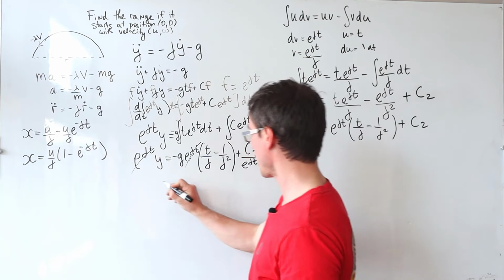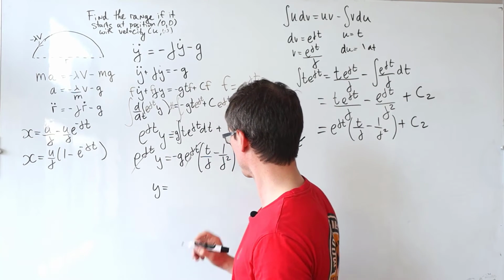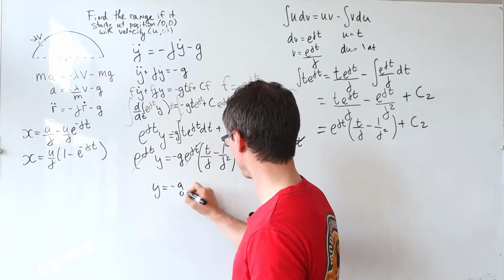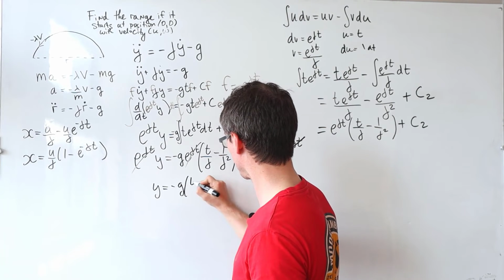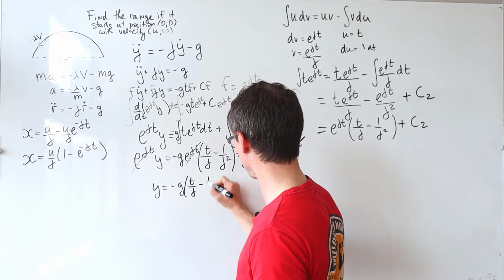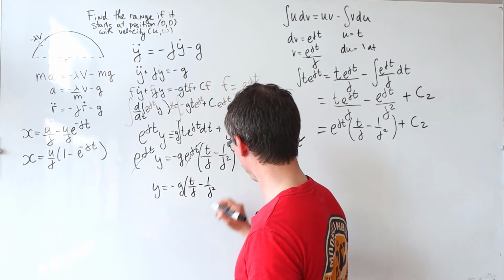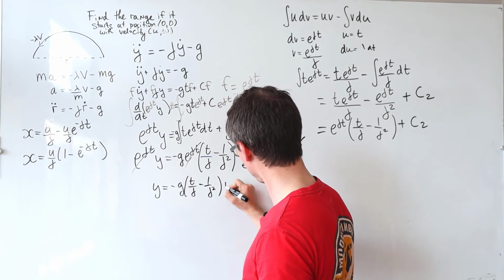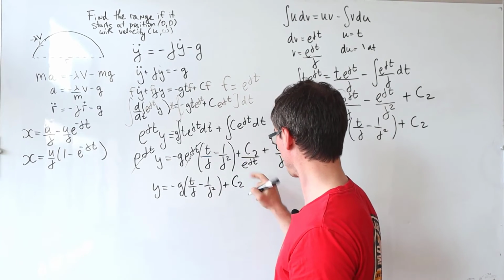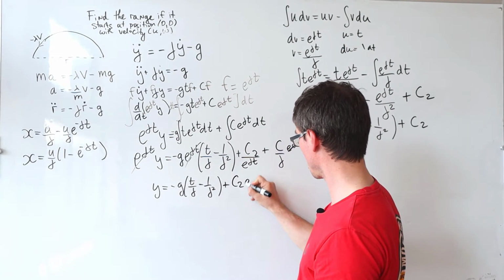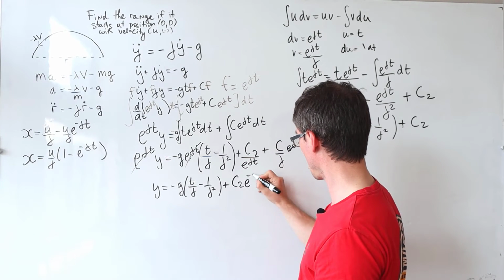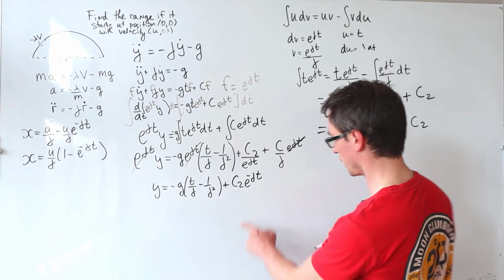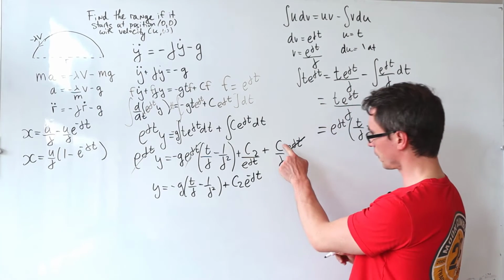So what I'm left with is that y is equal to minus g t over gamma, take away 1 over gamma squared, plus c2, and then e to the, I'm going to say, minus gamma t, and then this c